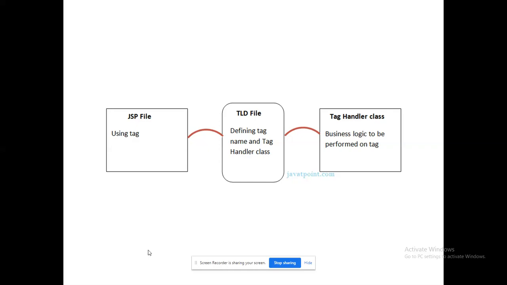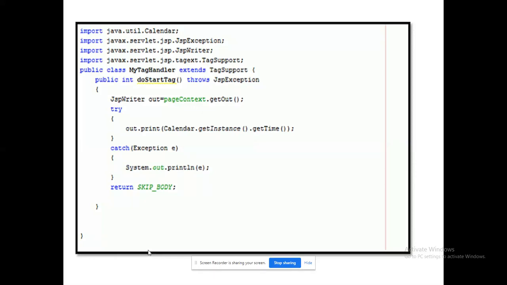Okay, how to create our own tags. This could be a simple example, right? So the tag handler class is created here. Within that, I'm creating my own tag, nothing but doStartTag. So what is the logic I wrote here? Simple thing. If I'm going to use this tag, it will return me the time. That's it. It will return me the local time, right? So that is the logic I have written inside that. So doStartTag will help me to return the current time. So I could use this tag within my JSP as a custom defined tag, right?